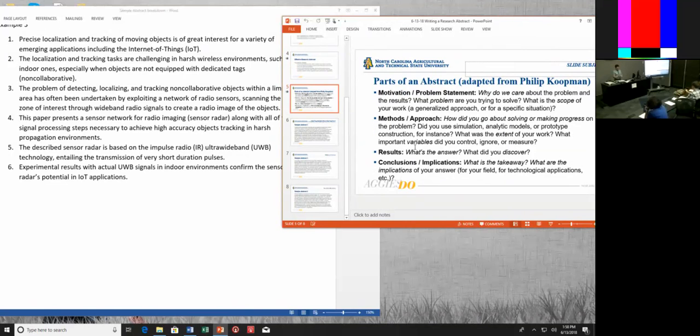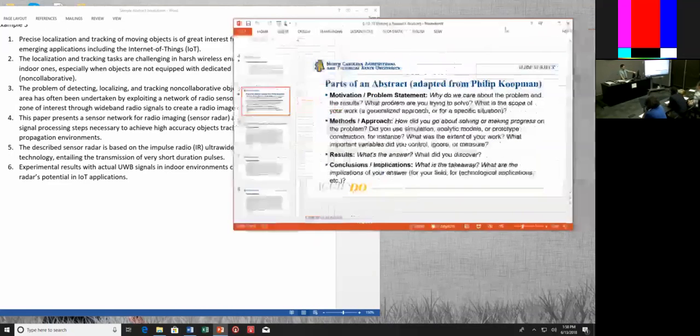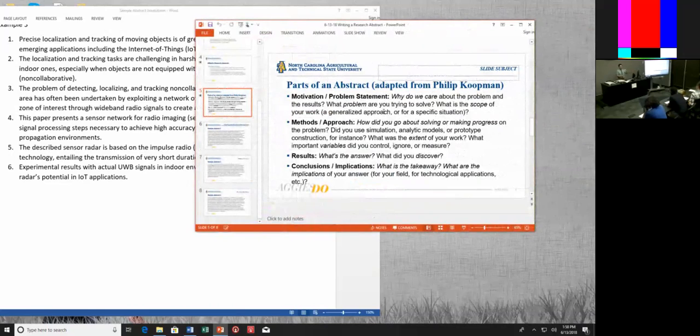Okay, so looking at these 3 examples, are you starting to see some commonalities, some differences? Is it starting to make sense? And I guess my biggest takeaway for you would be this. If nothing else, if you're asked to write a research abstract, perhaps the easiest starting point would be to look at something like this, or some variation of this, these components, and use it as a literal checklist. Start with the motivation and problem statement.